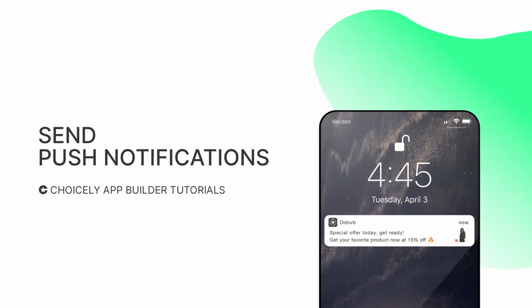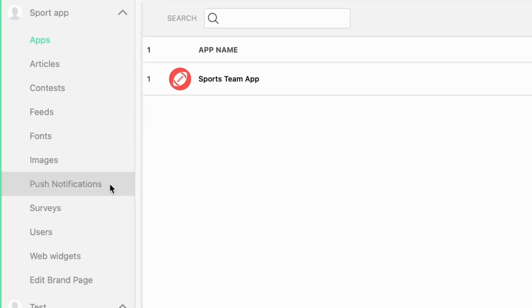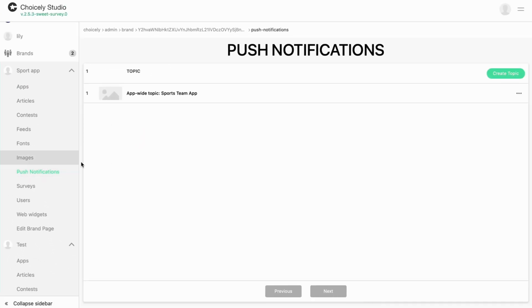Let's learn how to send push notifications with Choicely. Go to Push Notifications on the left side menu. You'll arrive at a list of topics. When you choose App-Wide Topic, you can start creating a push notification to all app users who have subscribed to